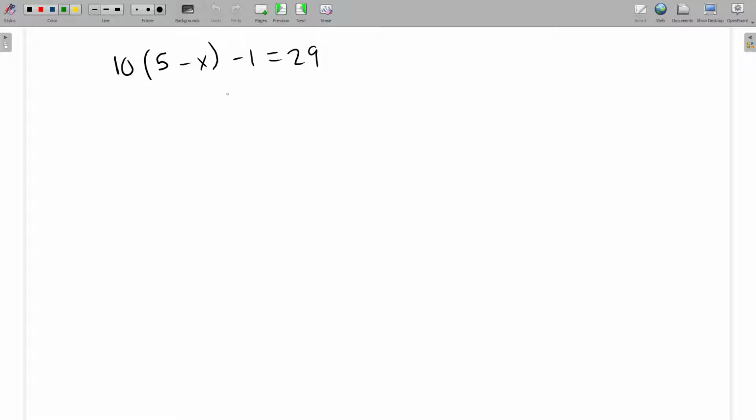Alright, so same thing as the last problem. Anything without an x, I want to move to the other side. However, I have something being multiplied by something in parentheses. This is called a binomial, right? It's two pieces, 5 minus x in parentheses, and I have this number in front. So if we're following order of operations,